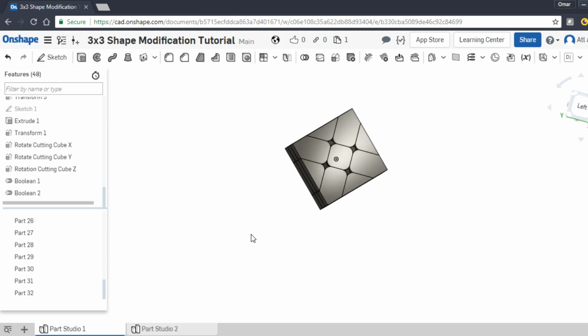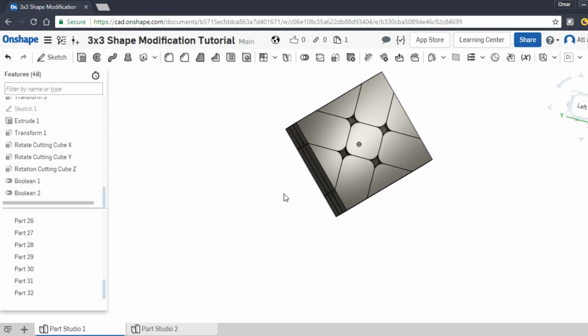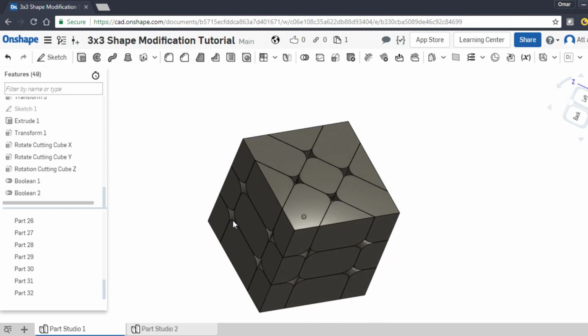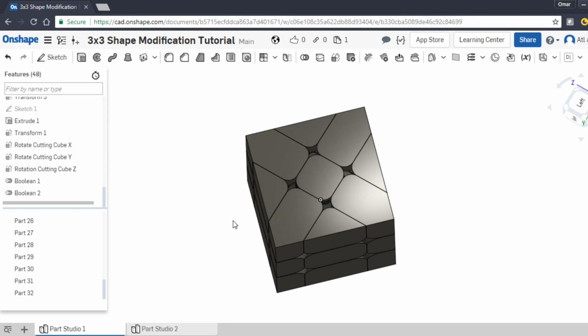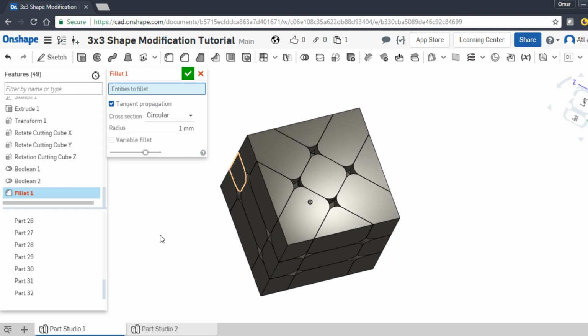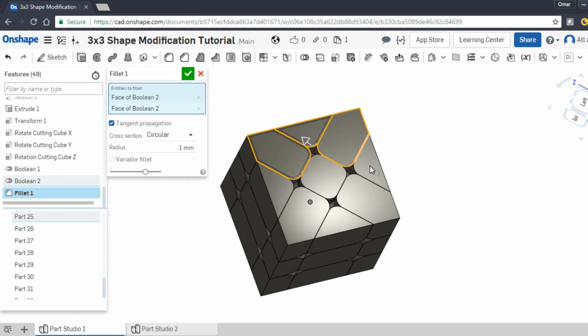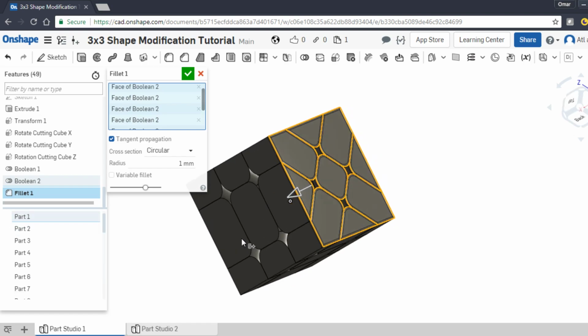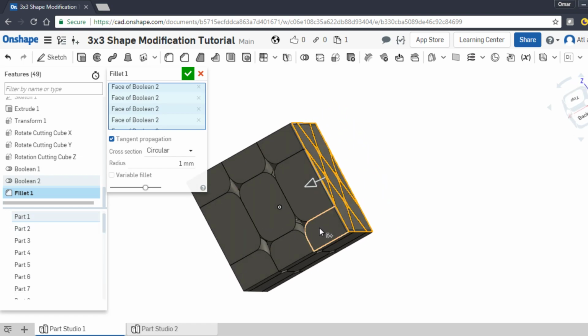It's a Fisher cube, and you'll notice it's a complete Fisher cube. The only problem I see is that we lost our fillets, which is not really a big problem. So depending on your preference, let's do 1 millimeter. I don't have to actually, yeah, you need to manually fillet all of them, and that'll make sense, perhaps in video two,